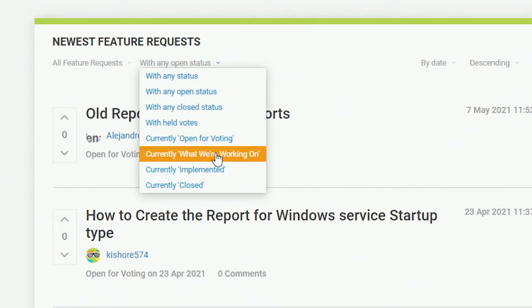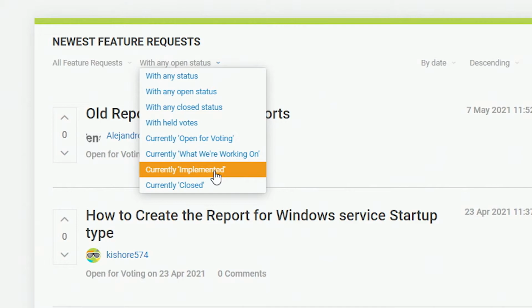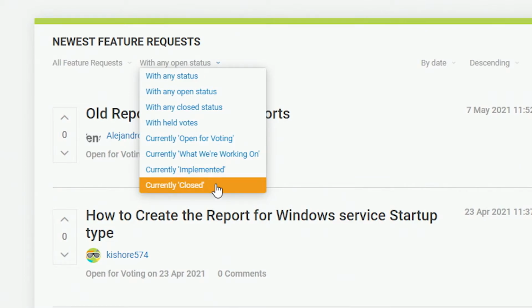This is when we take a feature request and actually put it into our roadmap for our next release. There's implemented for when that has been put into a release, and we'll let you know what version and or hotfix that's been deployed in. And there's closed. The closed status is for feature requests that have typically been combined with other feature requests to make a new one. Neither one of them is 100% right, so a new one has been spun up and their votes have been correlated.